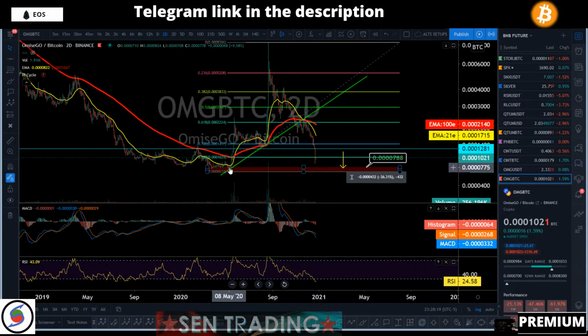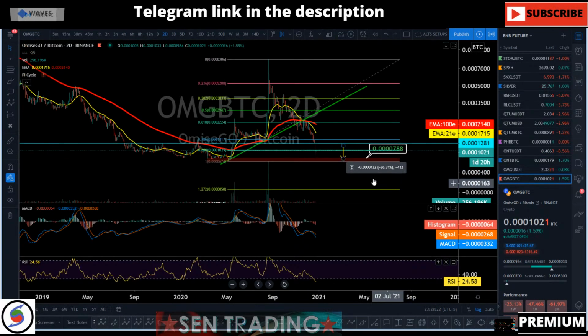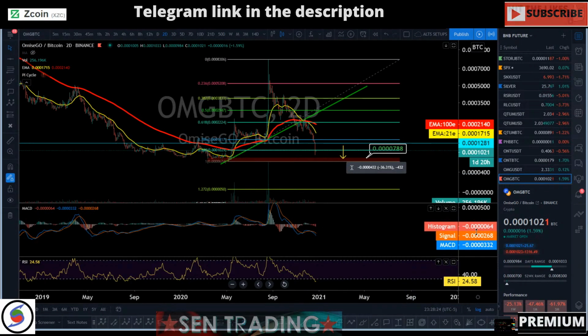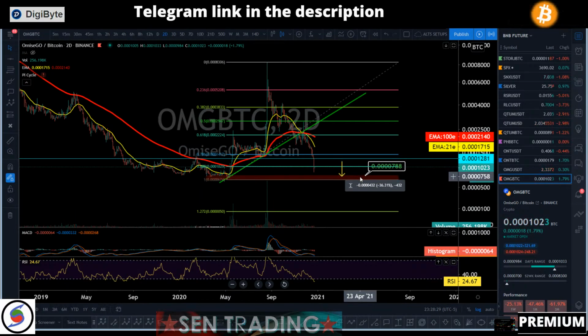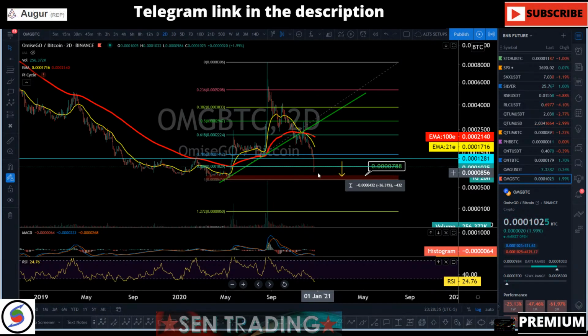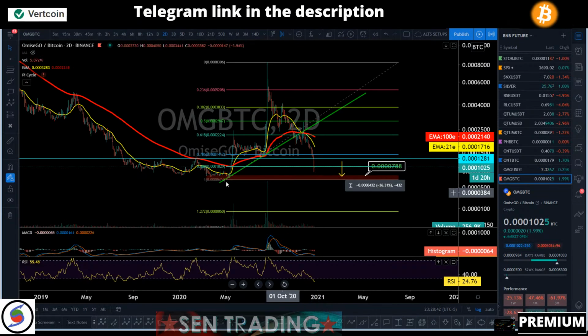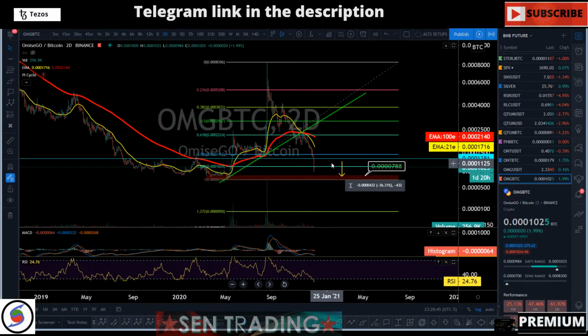if we break this key area, I just don't want to see a 1.41 extension to the downside. It could be some very, very low numbers, right? So the best thing to do, to me, is to be in BTC. If you are trading OMG BTC, just be in BTC and wait for OMG to settle down. Even if you have to buy it at the same price again versus BTC, it is still better than trying to hold it versus BTC and having it drop all the way down to, I hope not, okay?